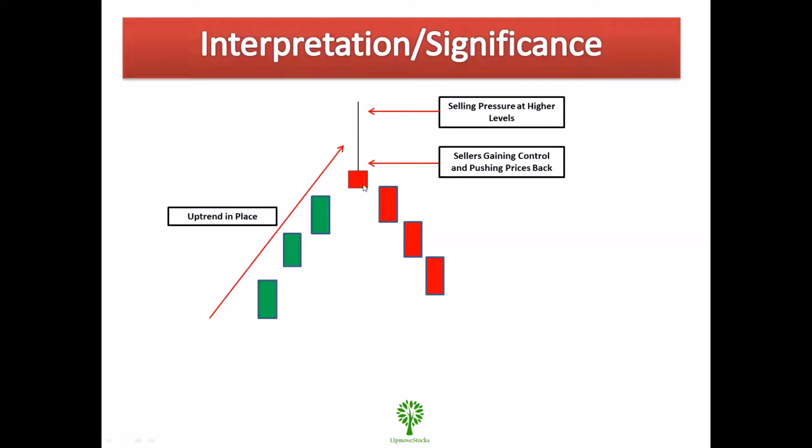So let us say if the shooting star candle has closed at 100 rupees, the confirmation candle should close at maybe 90 rupees or 85 rupees. The confirmation candle can occur on the next day, or it may occur maybe after 2 to 3 days. However, the analyst should ensure that the high of this candle is not broken.